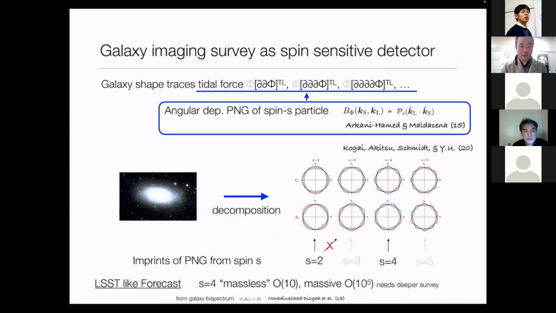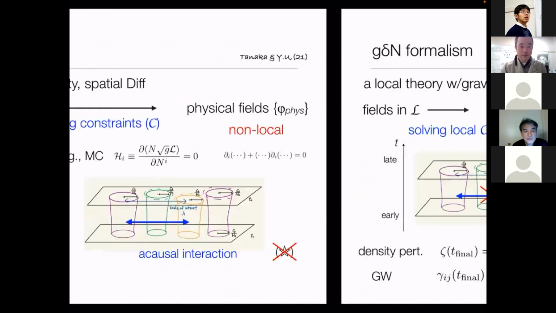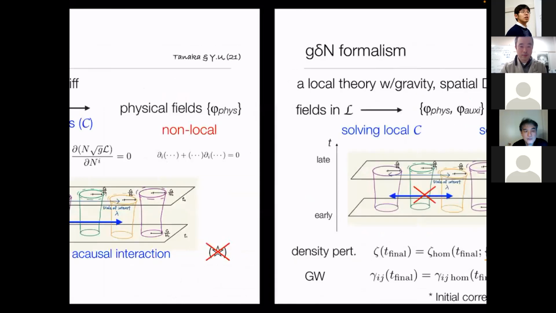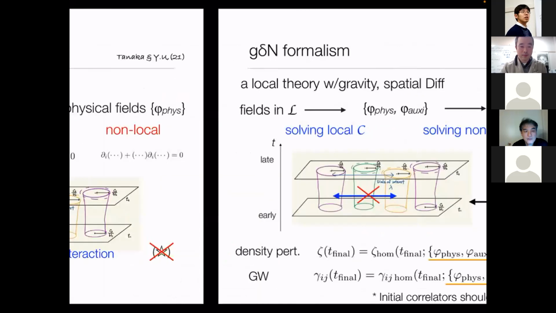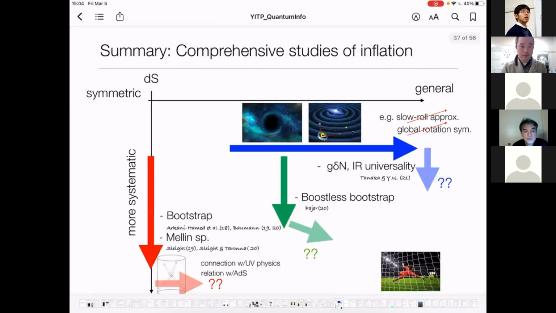Actually, since I skipped some parts, the summary slide is not reflecting what I have talked about. But in this talk, I have explained the situation of the highly symmetric case, and in the case with such a zeta symmetry, we can connect the,